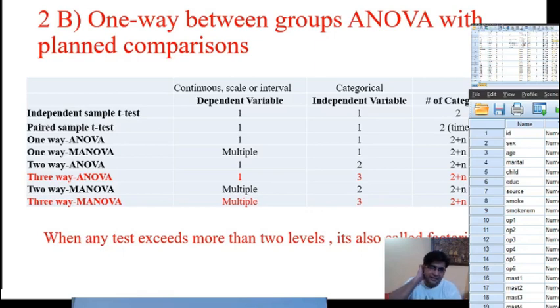This lecture is, in fact, the continuity of my previous lectures, which were on one-way analysis of variance. In this lecture, we'll be discussing what two-way analysis of variance is and how it is performed using SPSS. Before moving forward, let me give you a brief overview